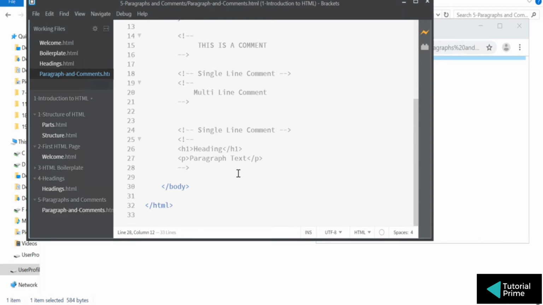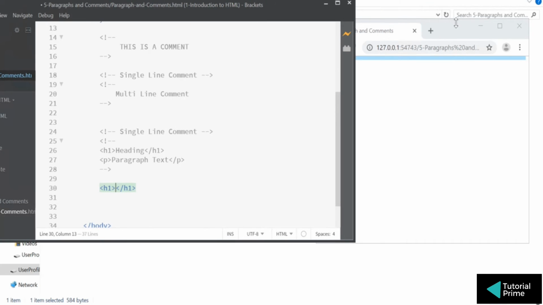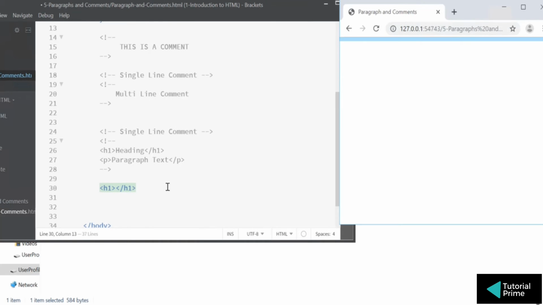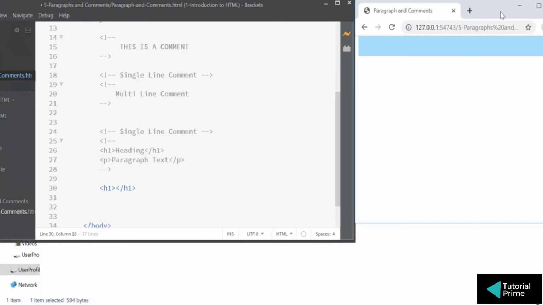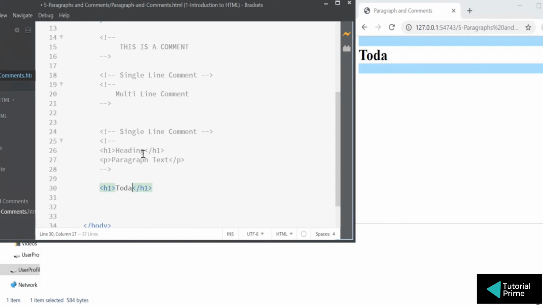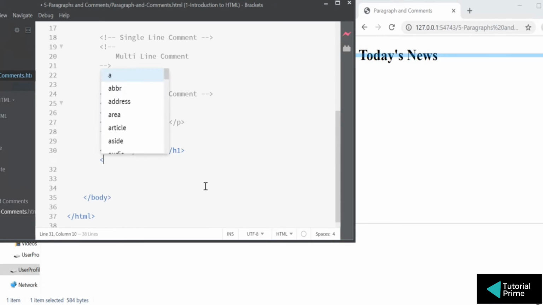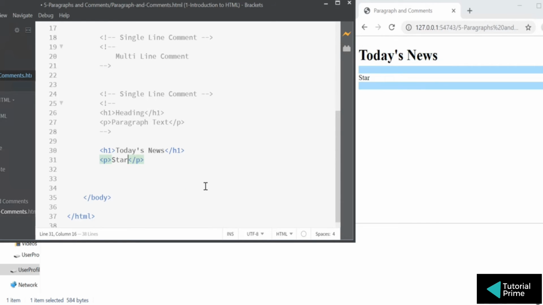Okay, so let's understand how to write a paragraph. For that, I'm going to use an h1 tag. You can see what I'm typing here. We'll see it in real time as well. All right, so let's create a news page. We'll say today's news. Okay, we have the heading there, and I want to type some paragraph. I want to say start of an article. You see how it is appearing here as well, so you know how you should write your HTML page.